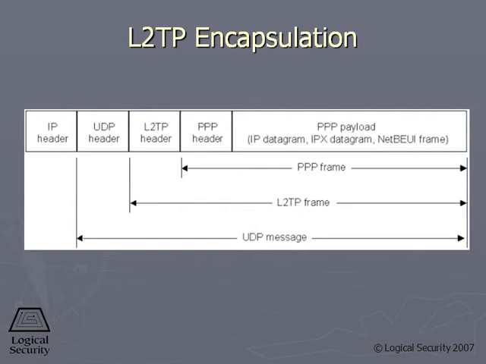Here I'm showing the actual L2TP header information. It's encapsulating a PPP segment. I said that PPP works at the data link layer, and to be able to extend that PPP connection, that's where you would have the L2TP. It extends a PPP connection over networks that are not IP.